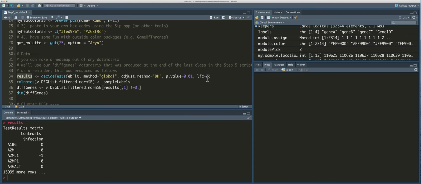That then gave us this very nice way of conceptually understanding how these cutoffs are used to select or test for genes that meet those cutoffs, because the result of decideTests is that each row of our data is given a 0 or a 1. 0 means it failed that test. 1 means it passed, or it was differentially expressed. And if it's a positive 1, it was induced or upregulated in the comparison that we tested for. And if it is a negative 1, it was downregulated or reduced in expression in the comparison that we tested